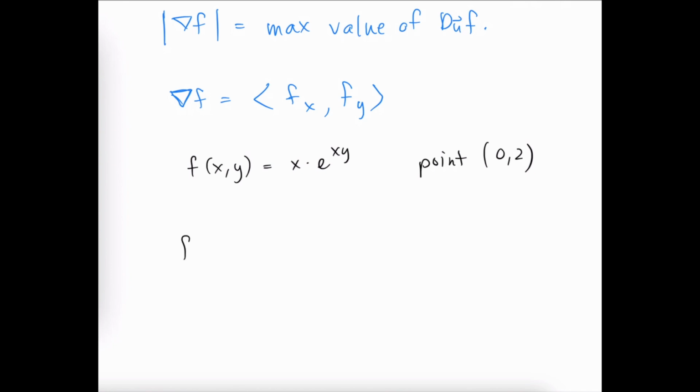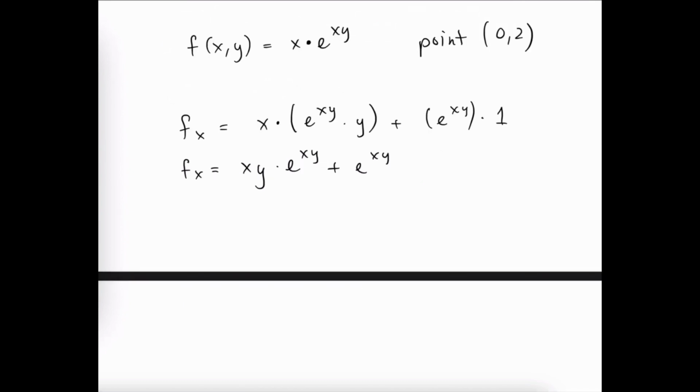And so the first thing we need to do is calculate the first partial with respect to x, which means that we're holding y constant. x is the variable. We do have a product of two expressions in terms of x, so we're going to have to use the product rule. So this will be the first times the derivative of the second. The derivative of e to the xy is e to the xy times the constant y, and then we'll add that to the second times the derivative of the first. So e to the xy is the second, the derivative of x is just 1, and so let's clean this up. So this is xy e to the xy plus e to the xy,